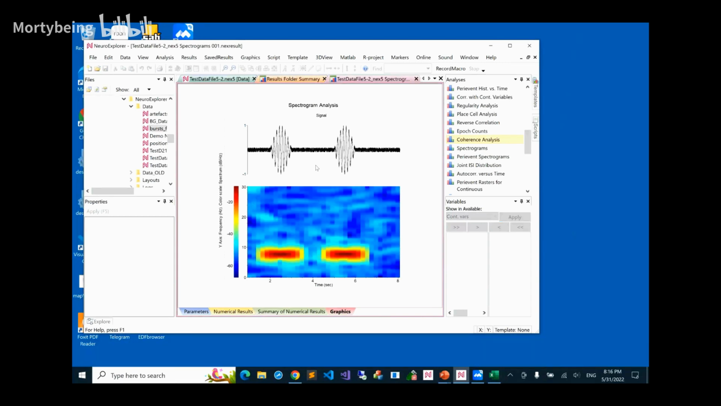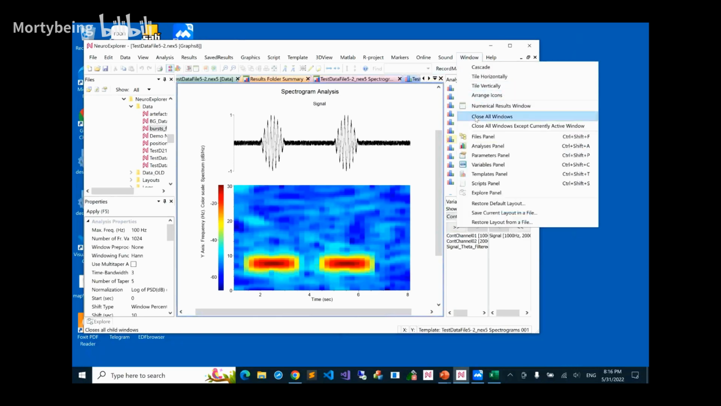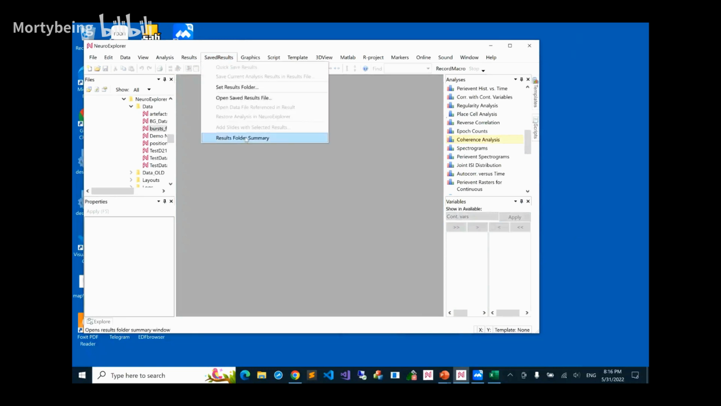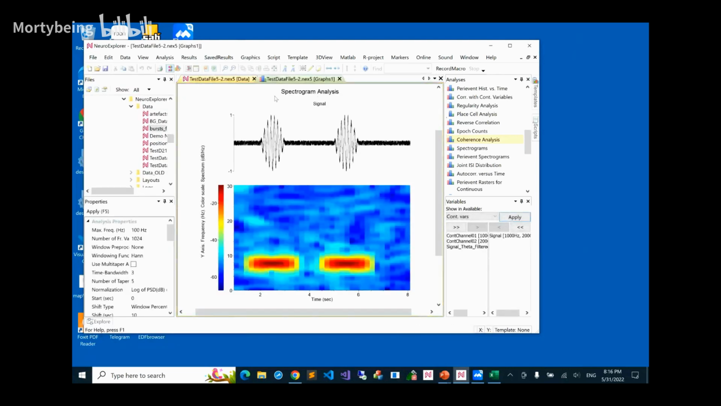So to do this, let's just restore the analysis. We have this data file. So let's just close everything and go back. Actually, one nice feature is you can always restore the last analysis after you close everything. It loads the data file and runs the last analysis with the results. So for this particular signal, we can